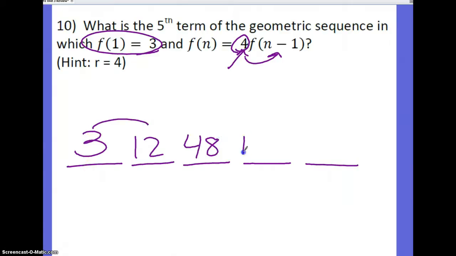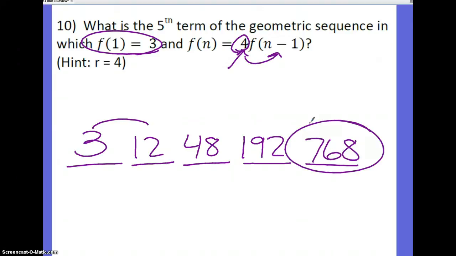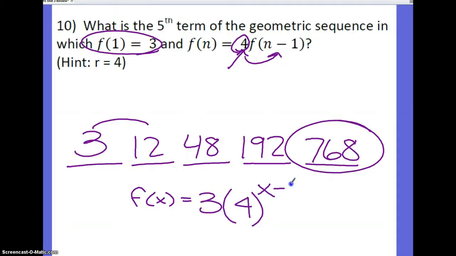We could keep going, 192 and 768. So the fifth number is 768. Or, if you prefer to write out the explicit form and plug in a 5, we know the first term is 3. It's multiplying by 4. And if it's multiplying, we need an exponent, x minus 1. And because we want the fifth number, just plug in a 5 now into our calculator. So 3 times 4 to the 5 minus 1. Sure enough, you get the same exact answer that we have,